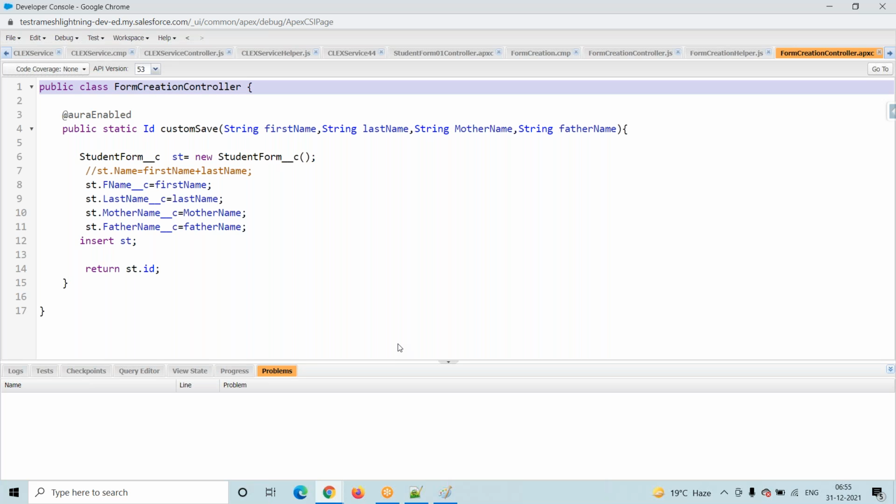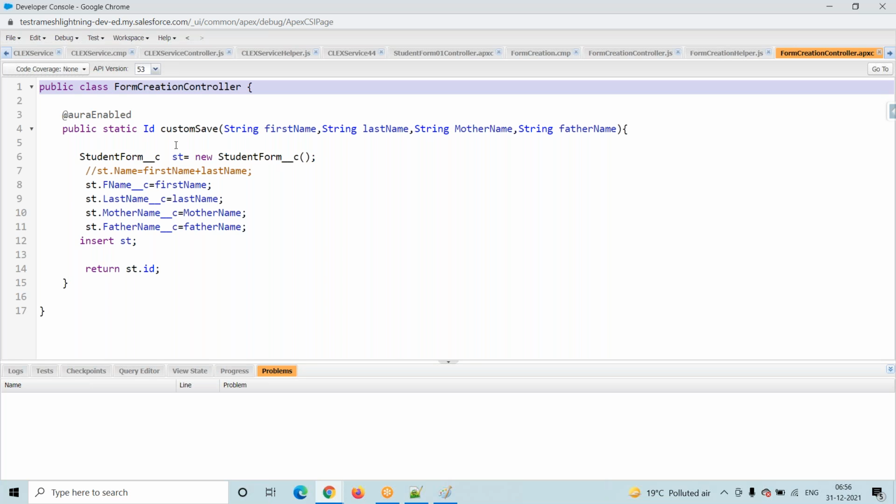Yes. A class can contain n number of methods. Suppose you are trying to call that method from the Lightning component, I mean Aura component or web component, then on the top of that method we should use the AuraEnabled annotation. Suppose I do not use AuraEnabled and I try to call that particular method, then it will display an error message: I am not able to identify this method you are calling.